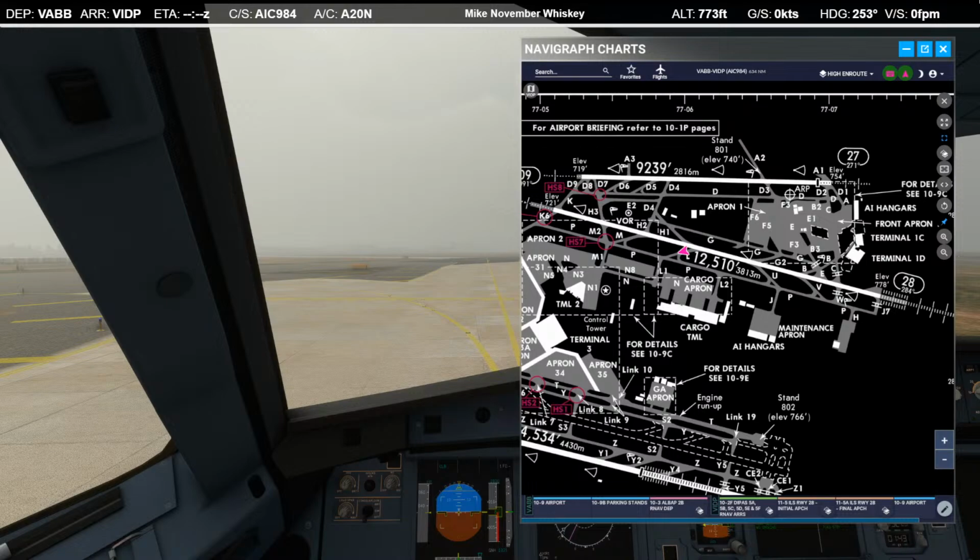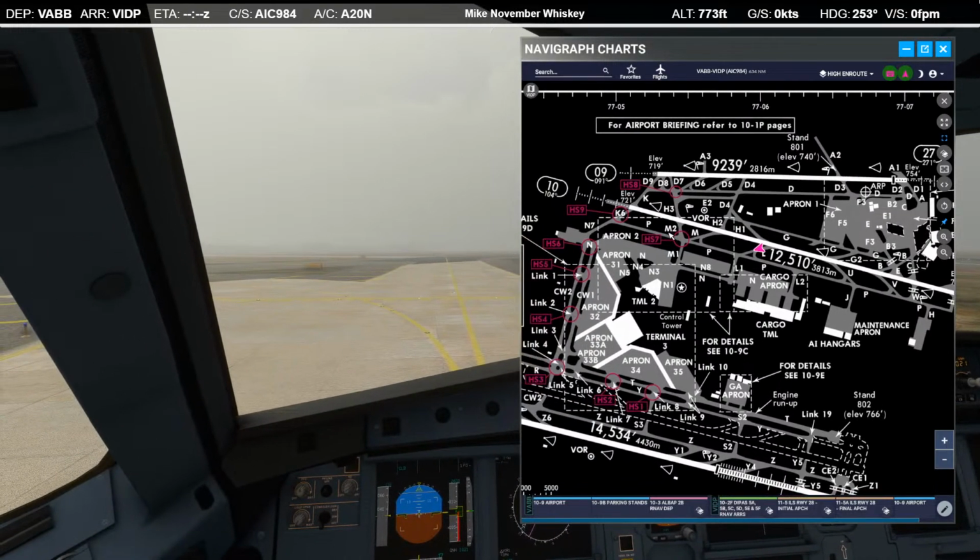Air India 984, welcome to Delhi. Taxi to stand Alpha 9 via Papa November 7, November Charlie Whiskey 1. Thank you so much. Taxi to stand Alpha 9 via Papa November 7 November, and then apologies, couldn't hear the rest of the instructions.